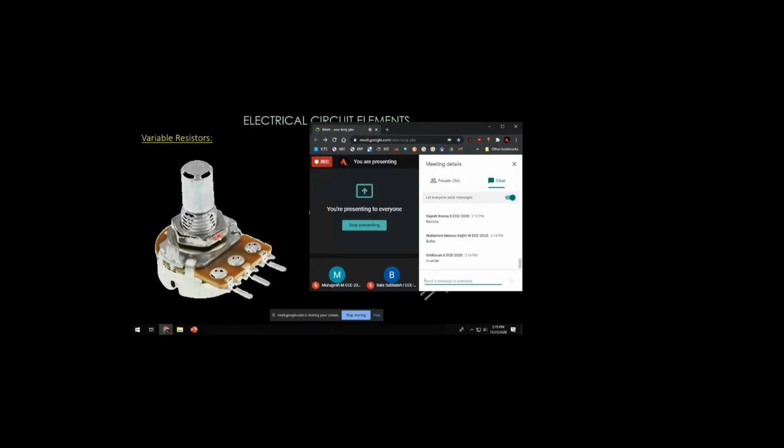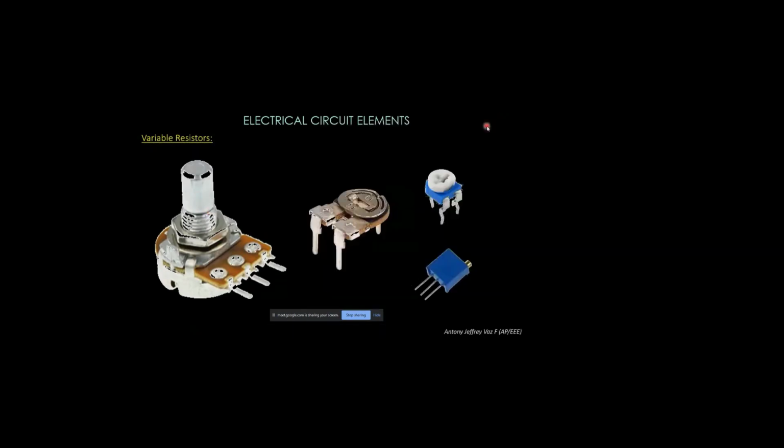Do you all listen to audios, musics? Do you listen to musics? In all amplifiers, you will be having a volume control, and all volume controls are made up of this variable resistance. Radio volume control is also made up of this variable resistance. The volume control, the bass, treble, and vocal control is made up of this variable resistance. And these are all other types of this variable resistance.